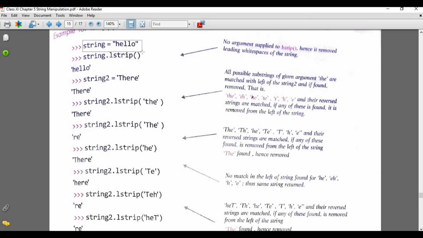Now, a string equals to hello, and then we want to write string dot L strip. No argument we have passed this time, so it will return hello. Hello means simply hello. No white space is present और कुछ पास भी नहीं किया हमने आर्ग्यूमेंट में, simply we have passed L strip, so it will return hello whole.